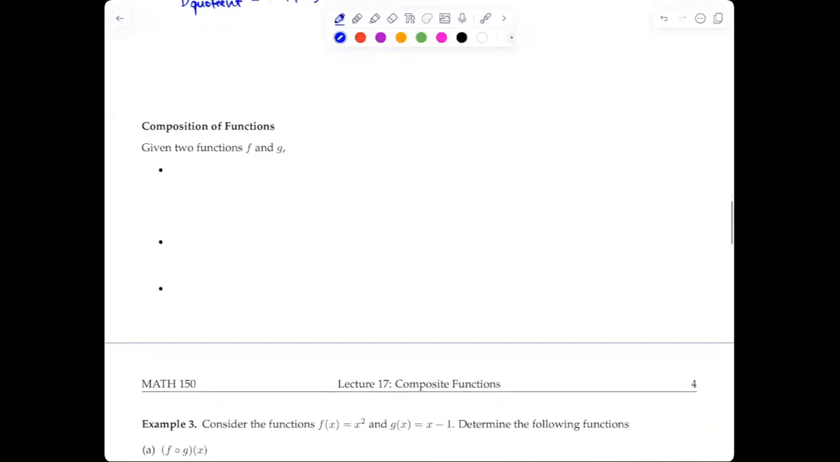Okay, I'm going to move on to another topic. This is another way to combine two functions together. This is called composition of functions, so function within function. Given two functions, the composition of functions,